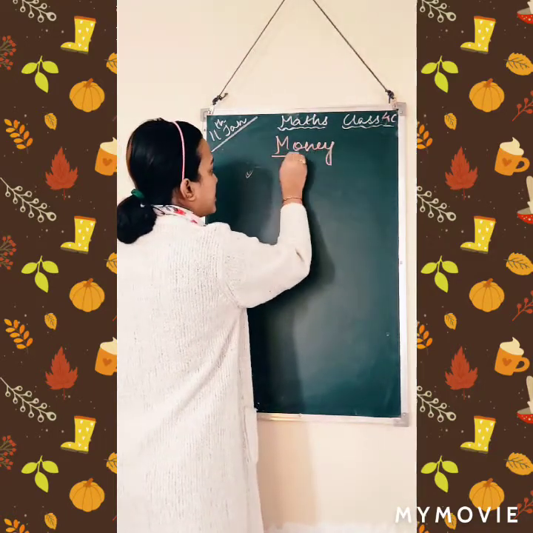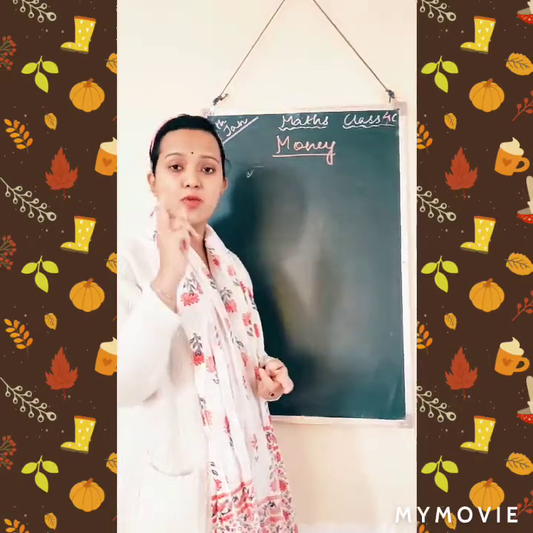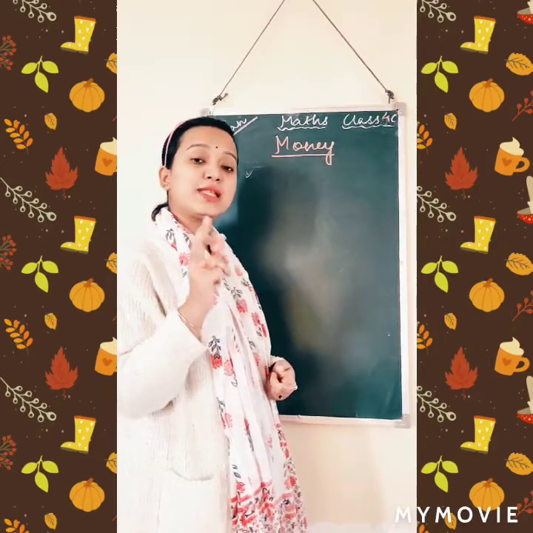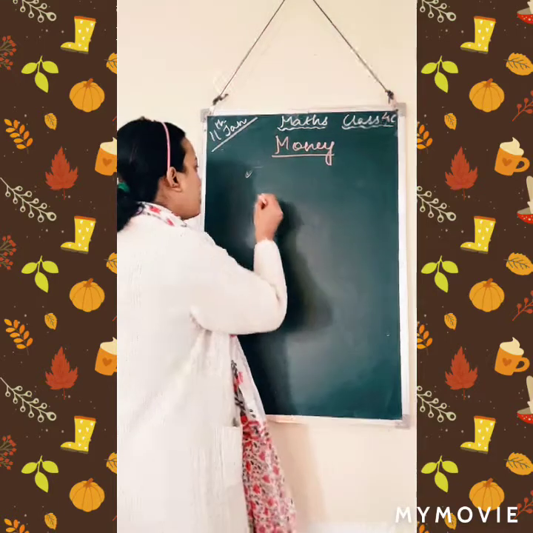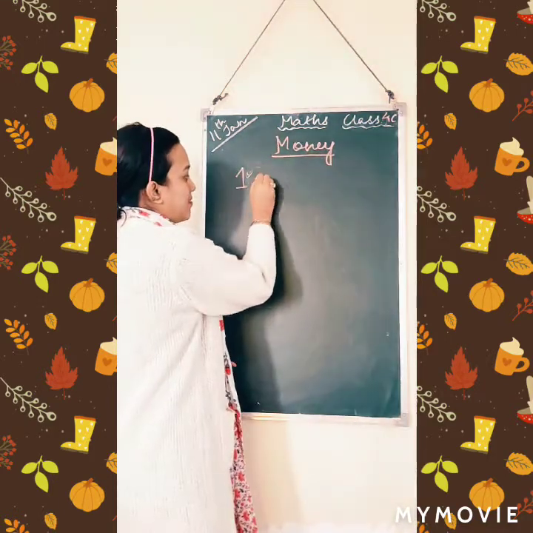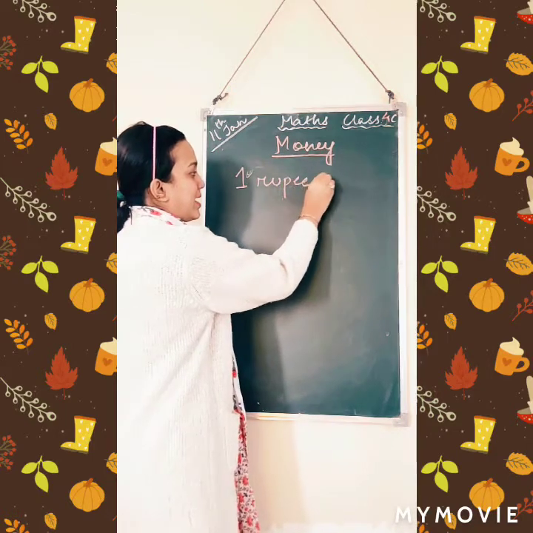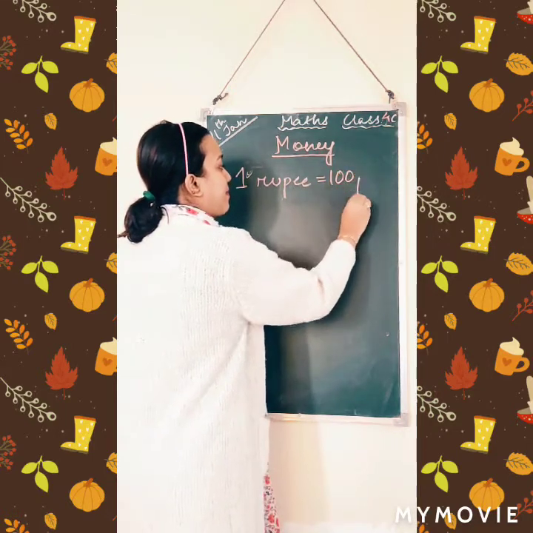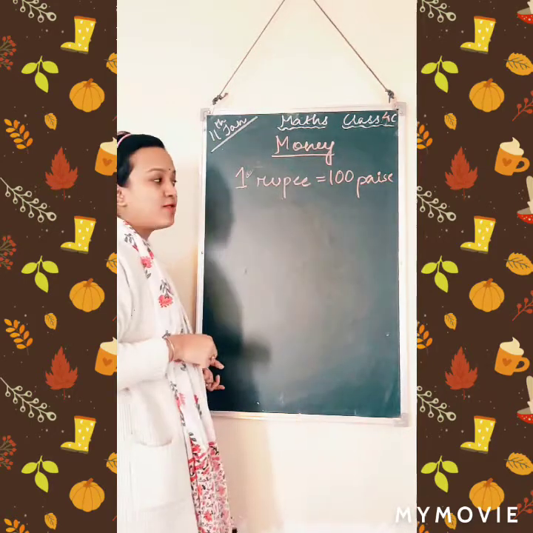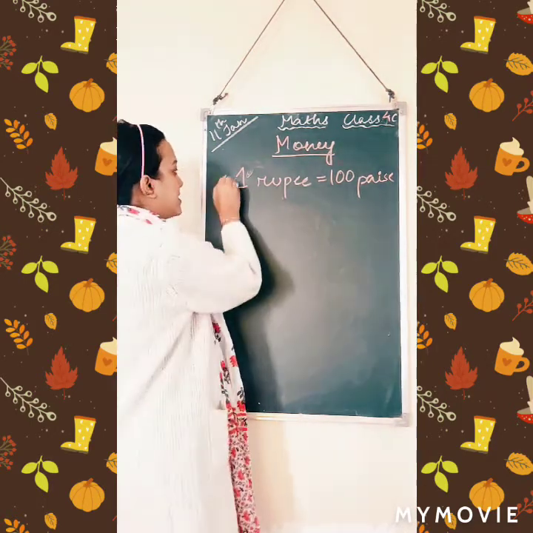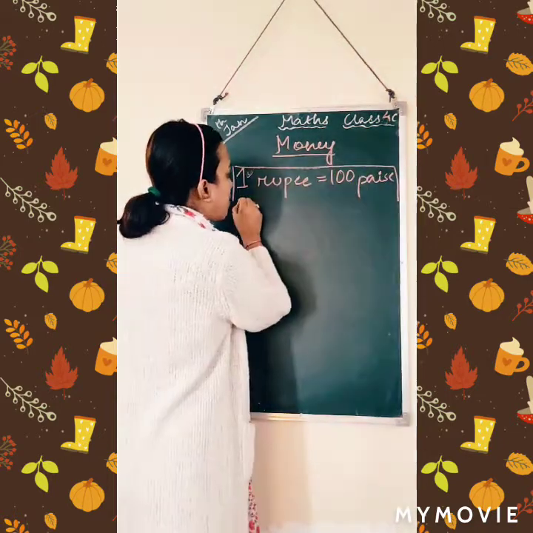Now, here what we will study is conversion. The name of my chapter is Money. And while studying conversion, I should remember one particular formula, because with that particular formula, both the conversions are possible. Okay. What is that formula? That is a simple formula. 1 rupee equals 100 pies. Okay. Correct? 1 rupee equals 100 pies. This is the number one formula that you have to remember always.